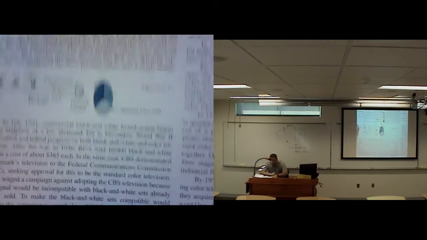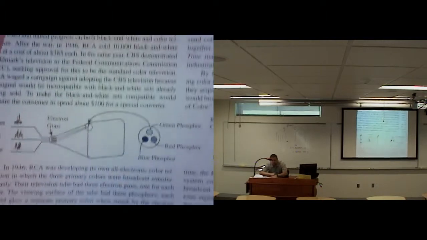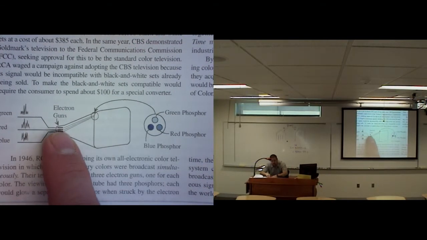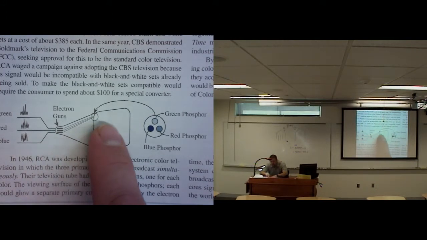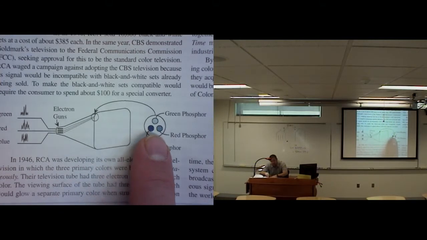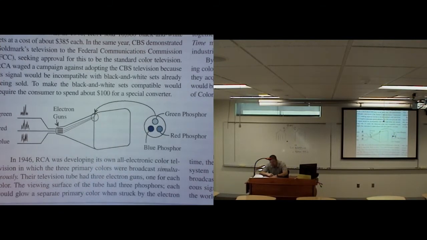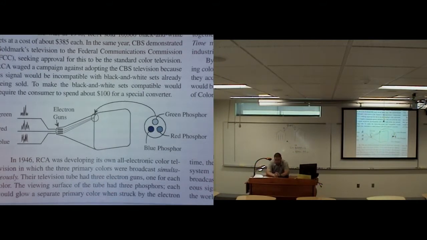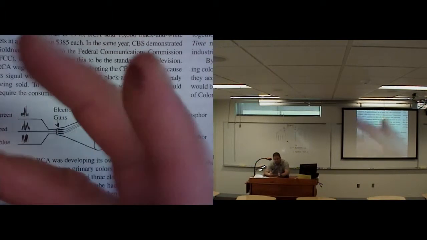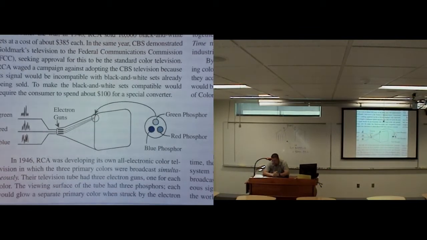So how does the RCA one work? And we never really got to that point. Here's the RCA one where you have those signals coming in on 3 different wires into 3 guns, and those electrons just go out to the screen. Well, on the screen you have little pixels, and each pixel has a red, a green, and a blue phosphor, a red and green and blue little piece of chemical on it. And for each of these different frequencies, one of these things would light up more or less, and it would create those color pixels. And that was the difference.